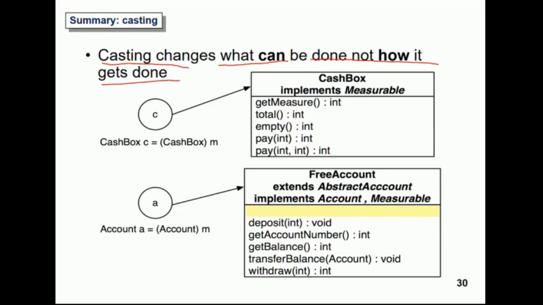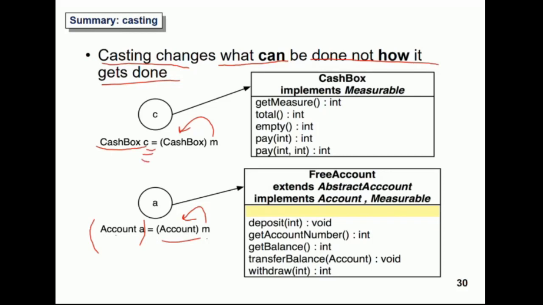So you do something like this: CashBox c is equal to m cast to CashBox. And the same for account: Account a is m cast to Account. And remember that when you do casting, to check the instance first. So obviously only do this if you're sure that m contains an account, and only do this if you're sure that m contains a CashBox. So now that you've done the casting